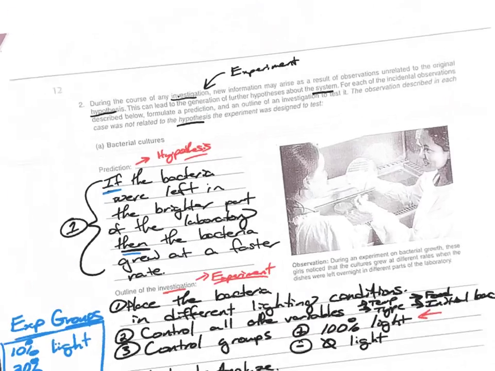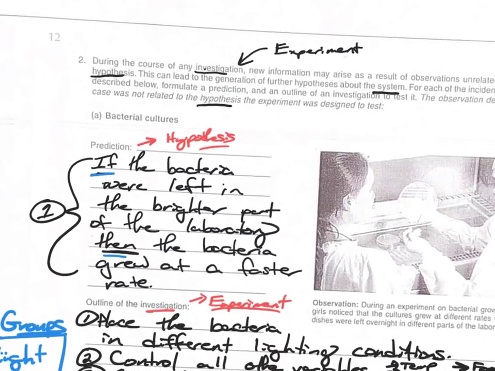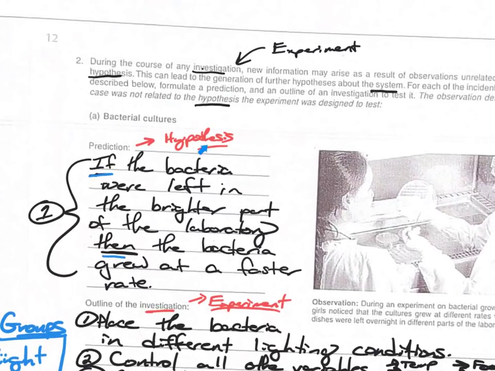Well, one possible thing you could say is a prediction, and what is a prediction but a hypothesis? Now think about what a hypothesis is. A hypothesis is a prediction, right? If this is true, then this would happen. If this is true, then that would happen. So one possible form of a hypothesis would be a prediction. So if the bacteria were left in the brighter part of the laboratory, then the bacteria grew at a faster rate. Now that's just an if-then statement that has to do with that observation that these ladies had while doing some other